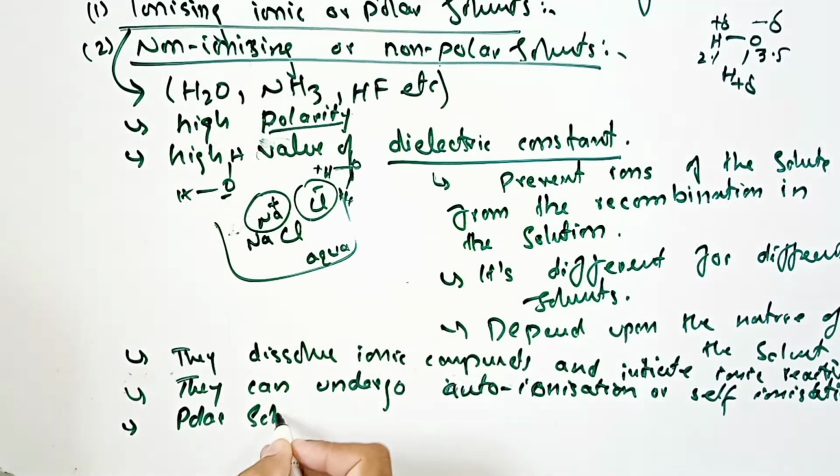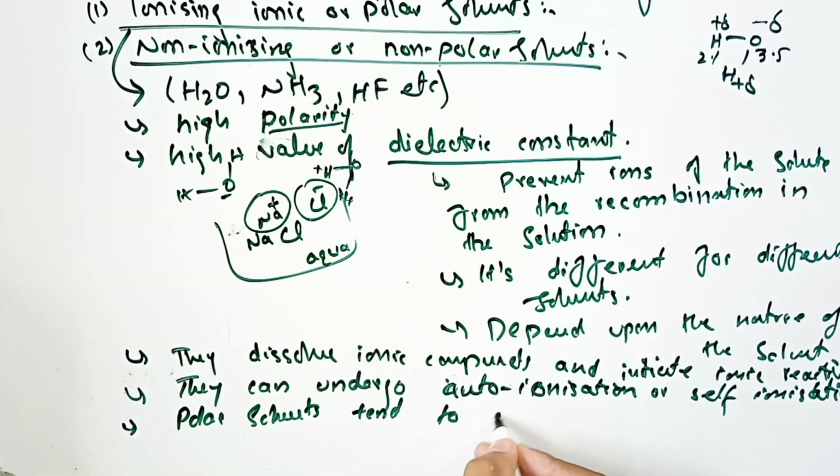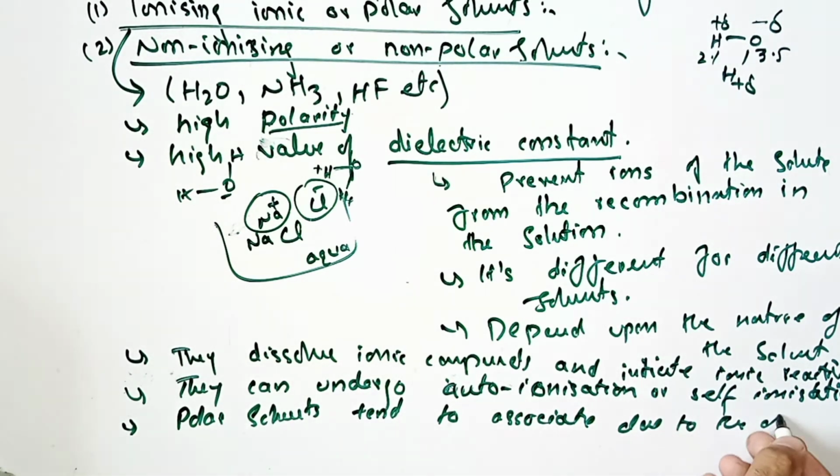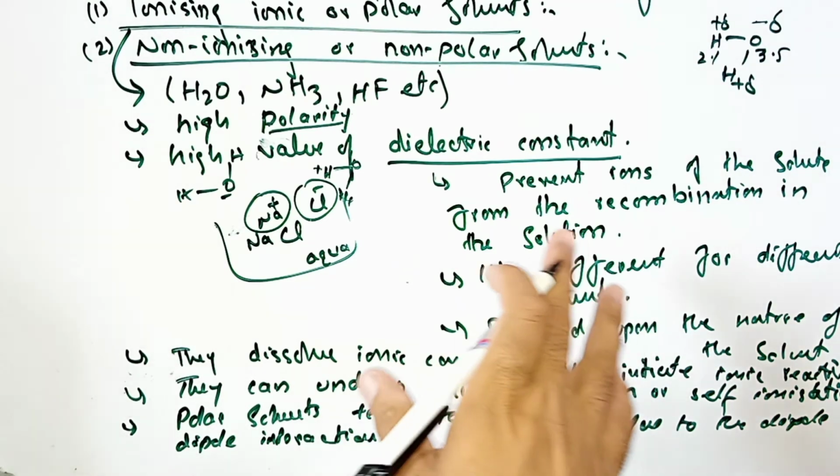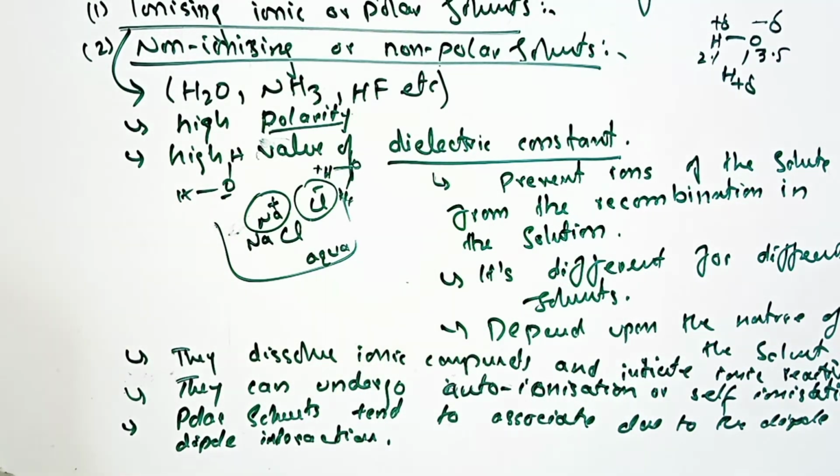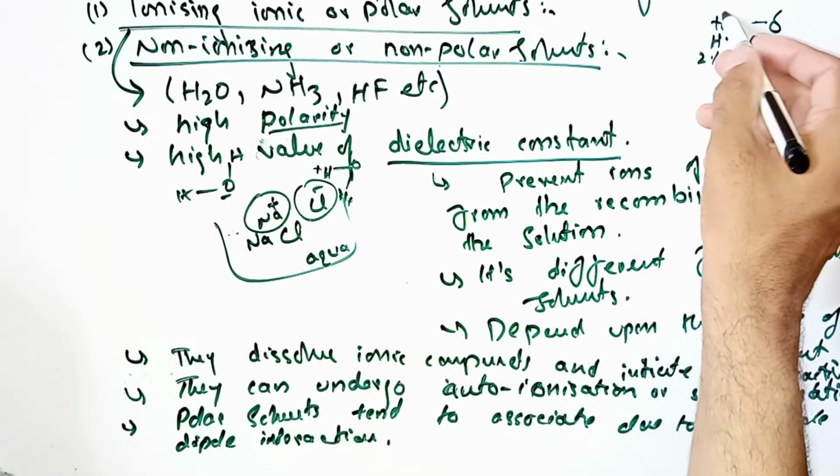Why will dipole-dipole interaction be present in the molecules of polar or ionizing solvents? Because there are poles present, and due to these poles,